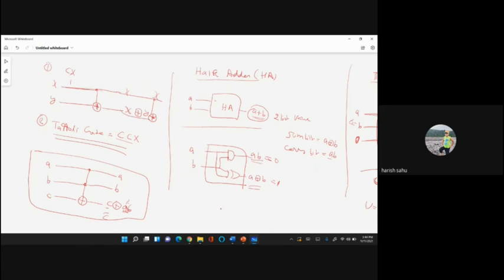This is X, so it will be X XOR Y XOR X. The first time I apply it, it becomes X XOR Y. Now I apply CNOT again, and this term is already there, so XOR with X cancels out and it becomes Y again. So this was our input, and if you apply this 2 times, you get the same output, X Y. So it is reversible.